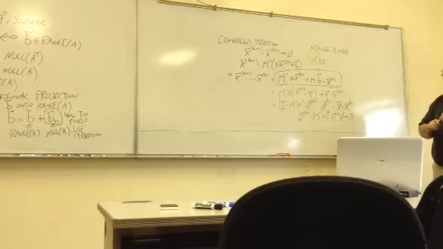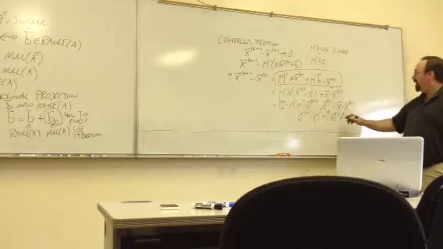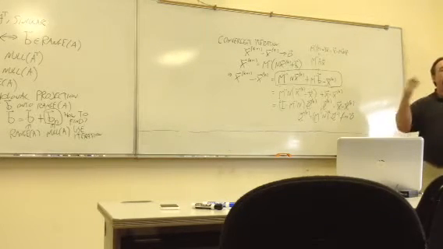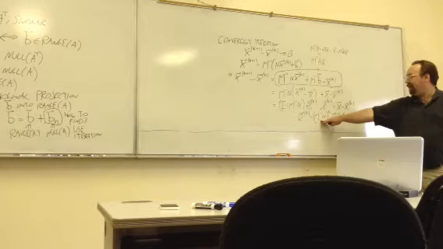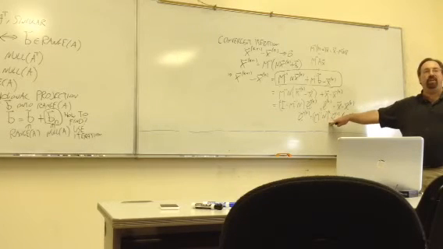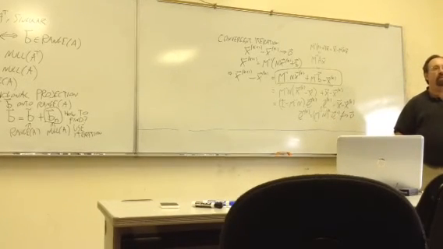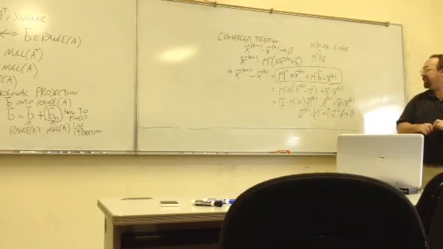Now the thing is, my initial error has a component in the range of A and a component in the null space. M inverse n applied to the component in the range is going to go to 0. Because